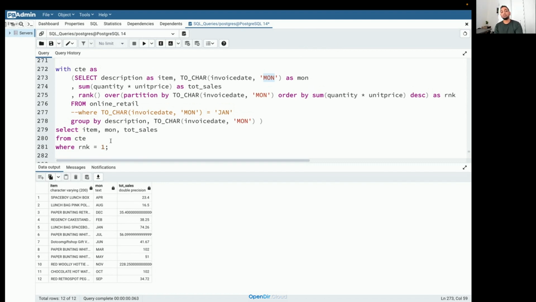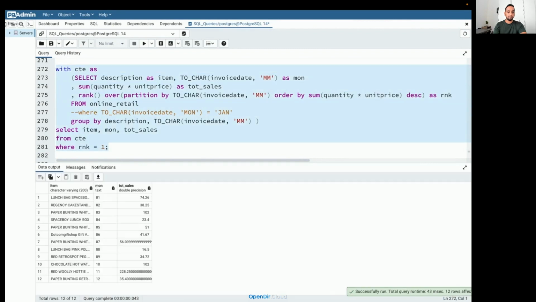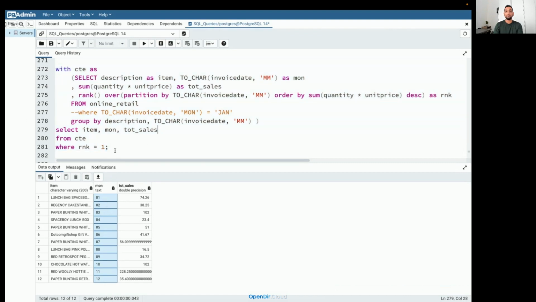Is there anyone who knows how we can do that? I can sort the data by month, but then again I'll need to use a subquery for that. So for example, let's say I'll use YM here, YM here, YM here. And then I have this. Now you can see the data is sorted by month, but here it's not printing the month, it's printing the month ID, right? So again, to display month, I will need to use a function here to convert this into a month, but I think there should be a better way to sort the data by month. Not really sure about that. Maybe I will get back to you on that.